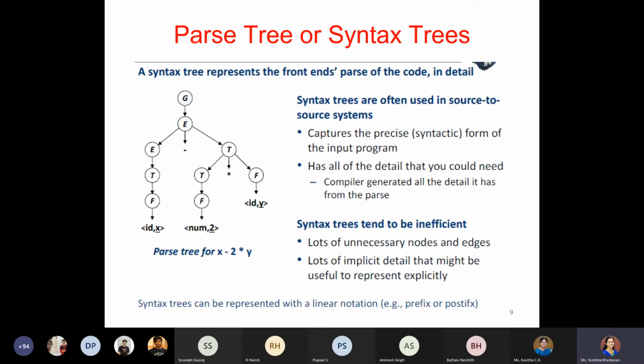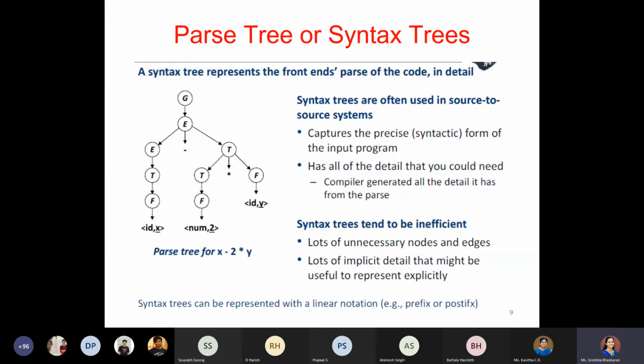We have seen one example. When we say parse tree, how would the parse tree be generated? The parse tree would be generated for a given string along with the non-terminals. The non-terminals would be your nodes, and by using those non-terminals, you are trying to derive your particular string. When we see this parse tree, or I can say syntax tree, the number of nodes would be huge, as well as the length of your tree. That means we require that much memory to store this particular tree.